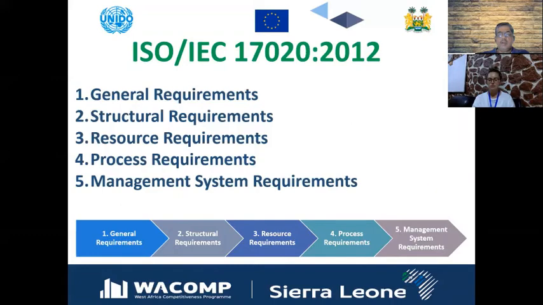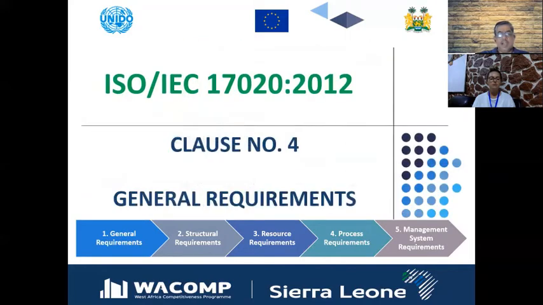When you are going to establish the inspection body, like we are going to establish this inspection body at P&B, we have to follow all these major classes, including their subclasses, those that are applicable to this inspection body. And out of these classes, the first major class is the general requirement as per this international standard. This is called class number 4. It starts from class number 4.